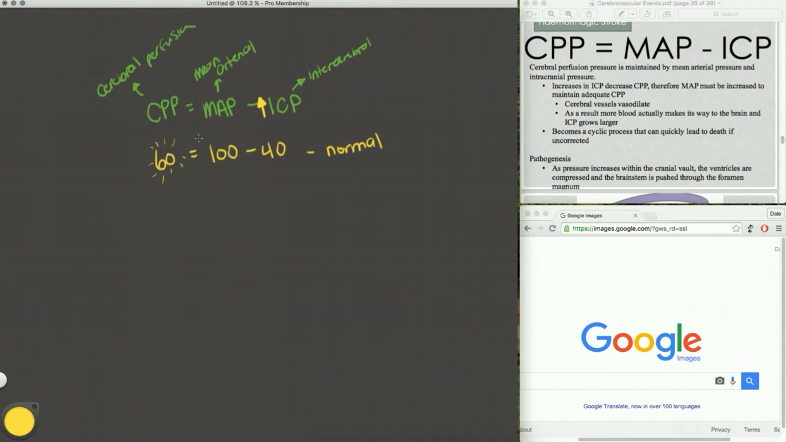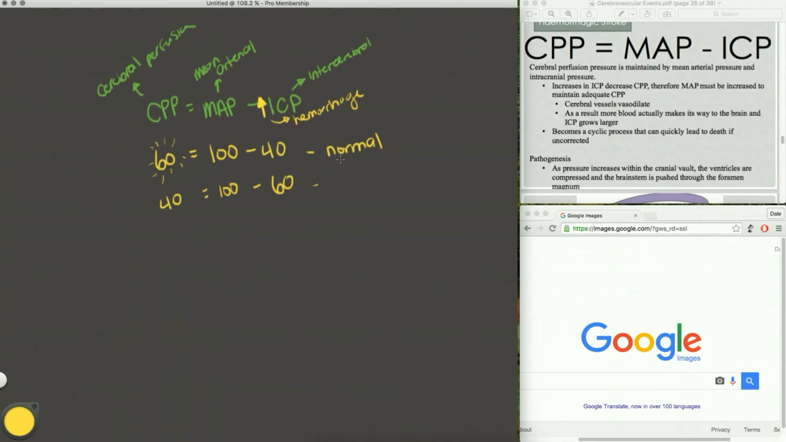So what happens when someone has a bleed within their brain, they're going to have an increase in their ICP. So we know that an increase in ICP in these cases that we're looking at is likely due to hemorrhage. So say we increase our ICP now to 60. We know that our MAP hasn't changed. So 100 minus 60, well, now we're down to 40 in terms of CPP. And that's not enough. We're not at that homeostatic level. We're going to reduce our cerebral perfusion pressure,